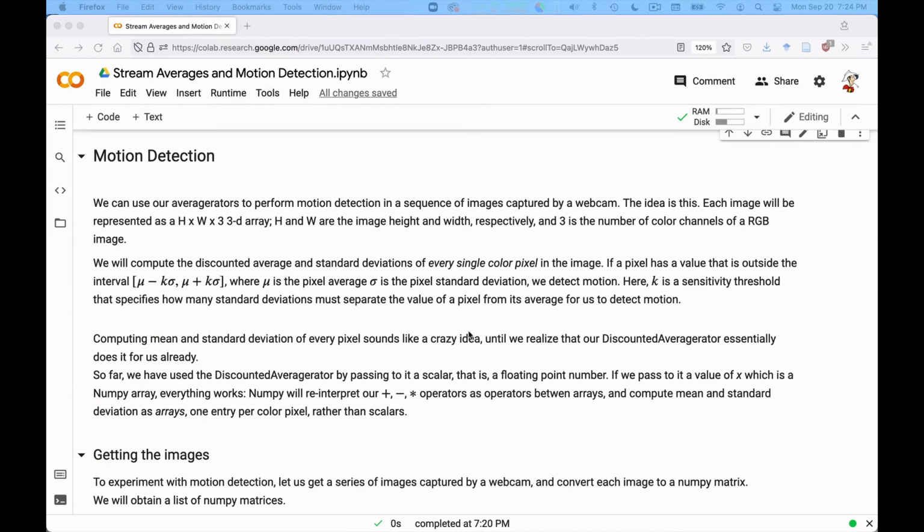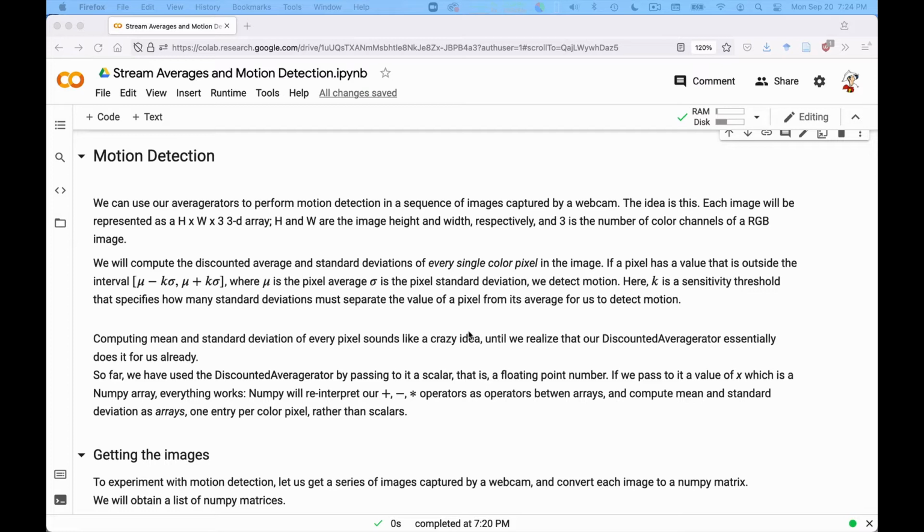And this brings us finally to motion detection. To do motion detection, essentially, we detect outliers in images. The outliers will be the motion. So what we will do is that we have images taken periodically by a web camera. If it was a movie, maybe you would get 10 a second, but in this case, we will have one image per second in our example.